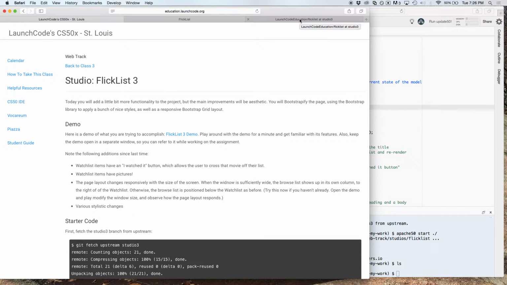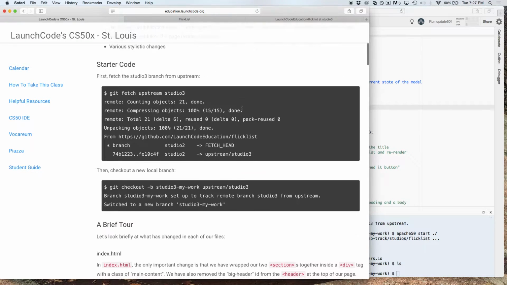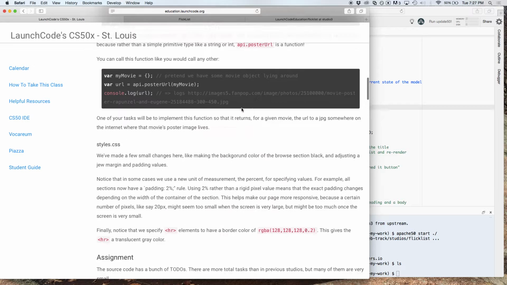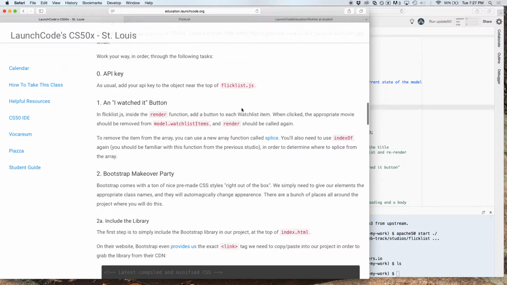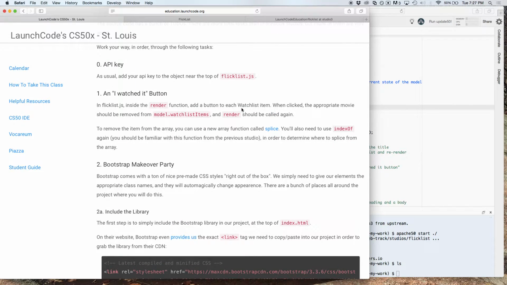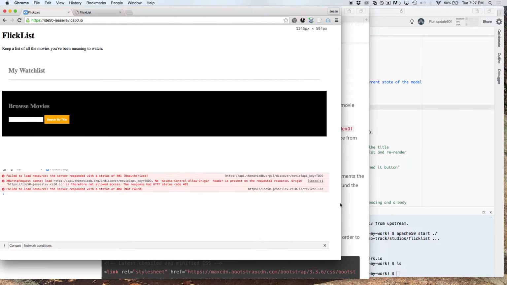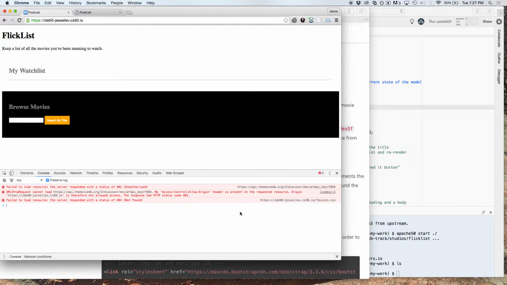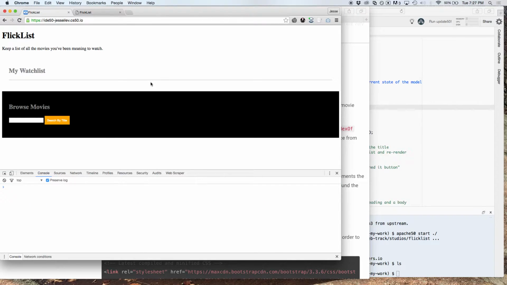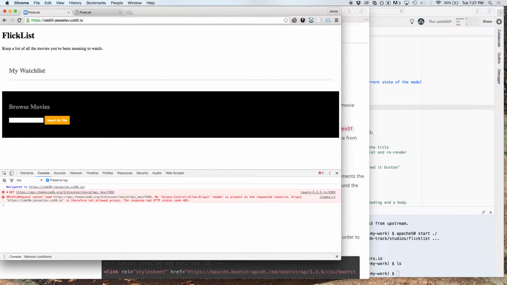Step number 1, I'm going to make this text a little bigger too. Okay, step number 1 is to add these "I watched it" buttons. The other thing let's do for a minute is look at what we have right now. When we first grab the starter code, what we have is this. Doesn't look all that great, and actually